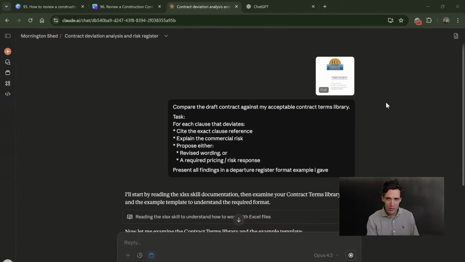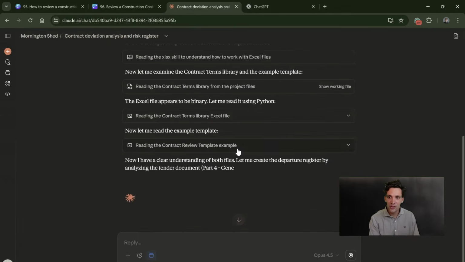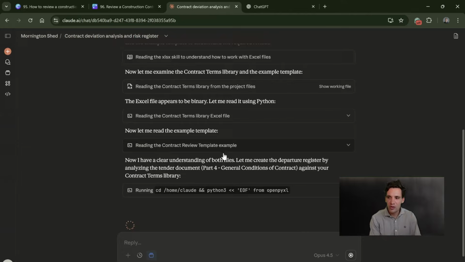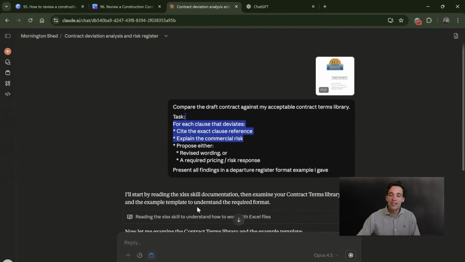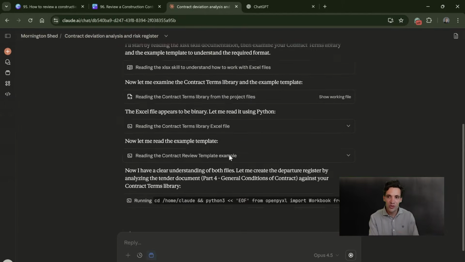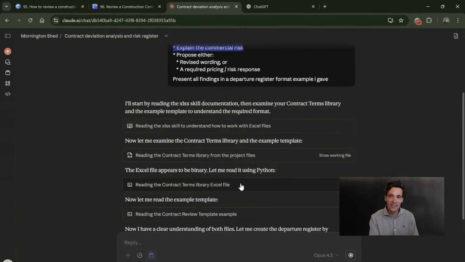Now, the tender package for this project was only around 700 kilobytes, so I could just upload the whole file into the chat and get it to run this contract check on it. But the point I want to make is if you have some huge tender package, you need to go through and do the summarizing step before, because the more documents, the more context you upload into the chat, the less likely it is to run correctly and the more likely it is to hallucinate.